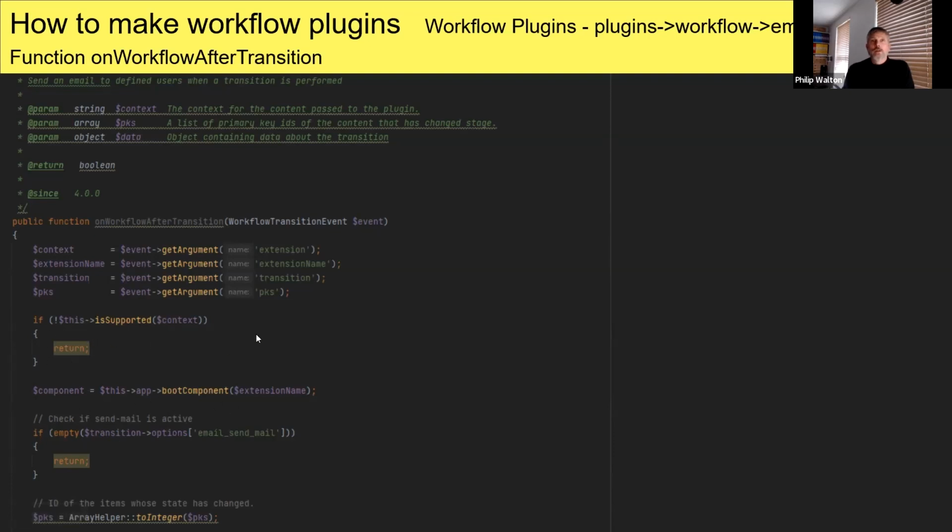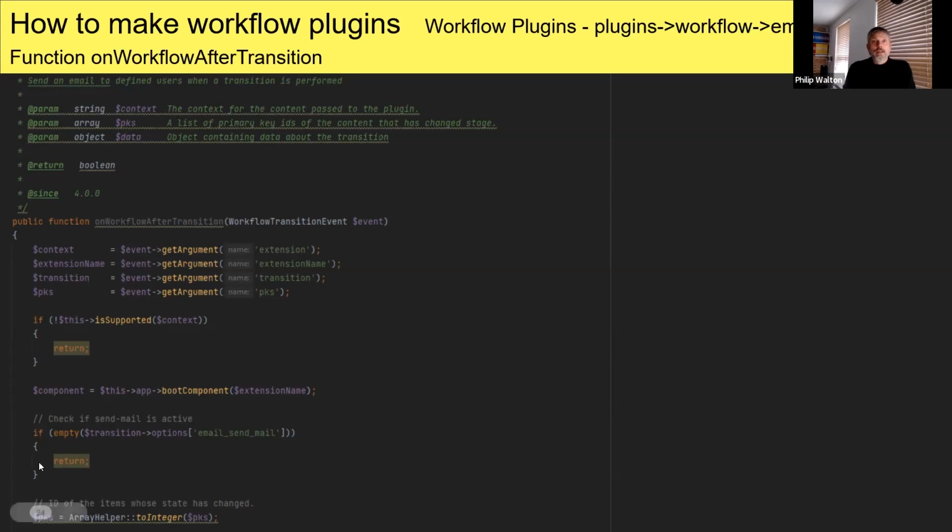And then is this supported in content? So remember, we looked at the back end of the plugin, and I said that there were specific types of content of plugin that workflows could be assigned to. You might in the future have a user one or other ones, you know, a calendar workflow and a registration workflow, whatever. Well, obviously you only want to apply it to the right ones. So this is saying, is this the right context of the workflow? Is it supported?